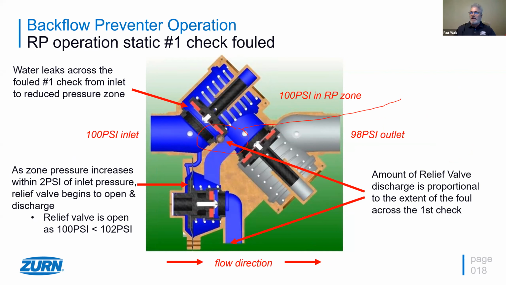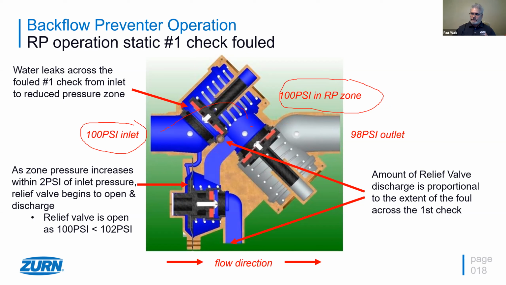And like I said, it could be anything. It could be a piece of sand. It could be a ball of T-paste, blue glue, whatever. It's stuck and that number 1 check is foul. So that is a big deal because now we've just disrupted the reduced pressure zone. The water pressure on the inlet and the water pressure in the zone equal each other because this water is good. High pressure is going to creep across the check valve